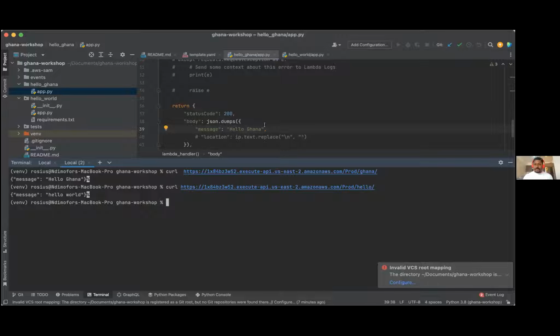What if we wanted to update? So I just say, hello Ghana, thanks for having me. I'm going ahead now to make updates to my Lambda function. And I expect that